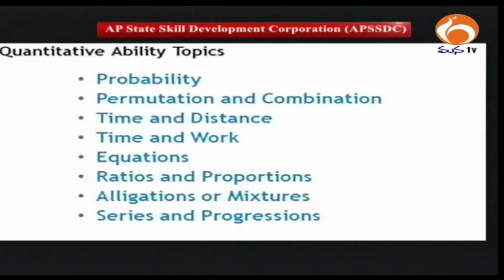Like yesterday I said, email writing is where the majority of participants have failed in the last 2 years. What are the mistakes that they ended up doing? Let me talk about that in terms of do's and don'ts. But before that, a quick recap of the topics that will be part of the 20 questions for quantitative